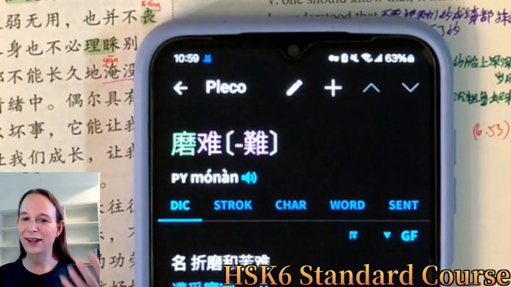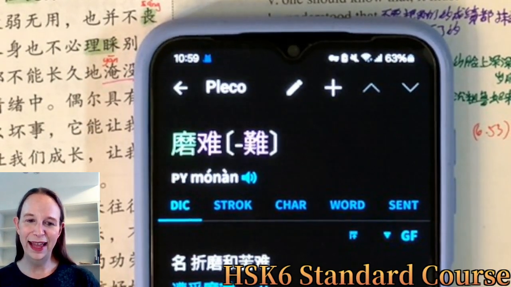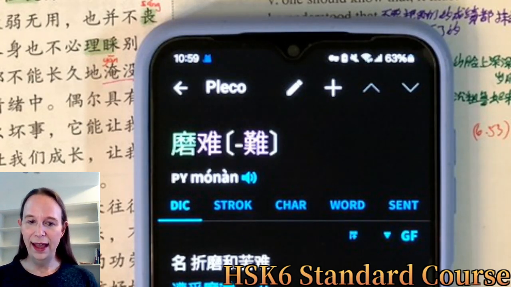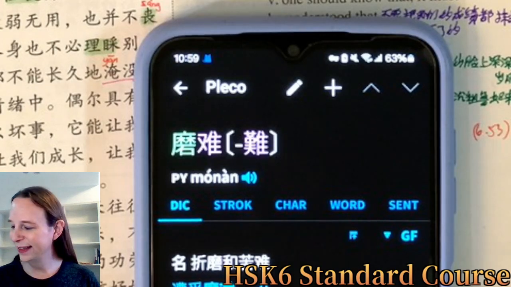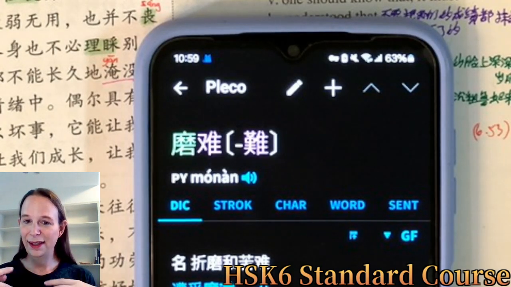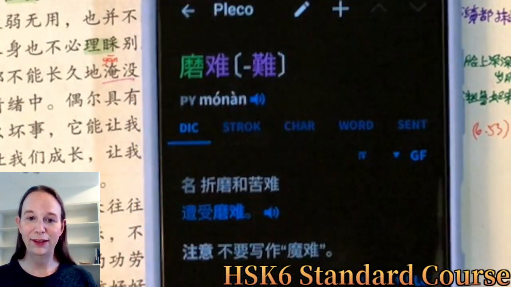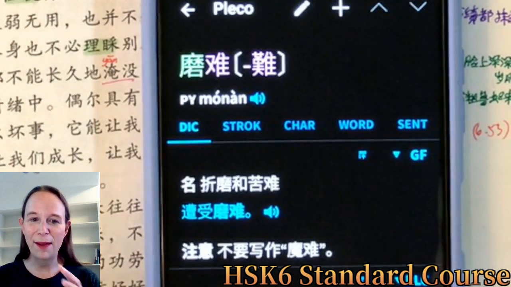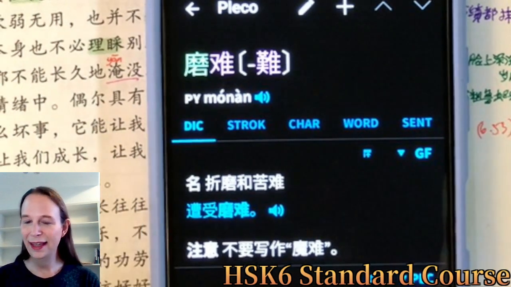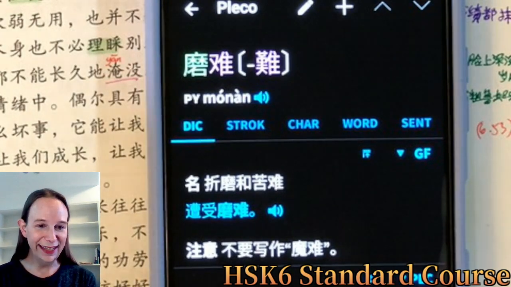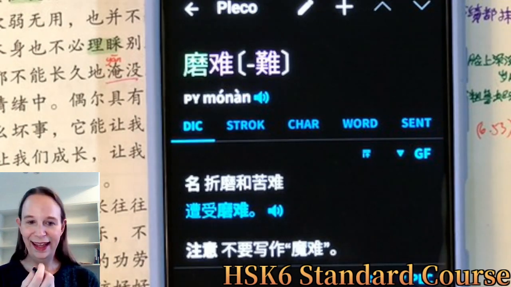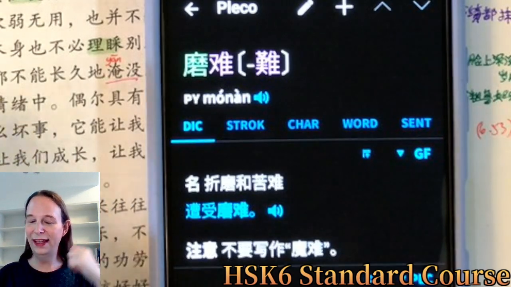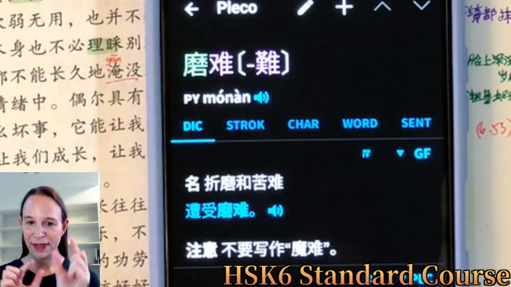You're just reading along and you'll encounter a word like 磨难 and wonder what it means. If you're reading a novel, you will infer it from context, not just the context of the story, but also the characters and the grammar. From the grammar, you'll infer its part of speech, how it's used. From the context, you'll infer its meaning or semantics. And from the characters, you often can infer what it pertains to.